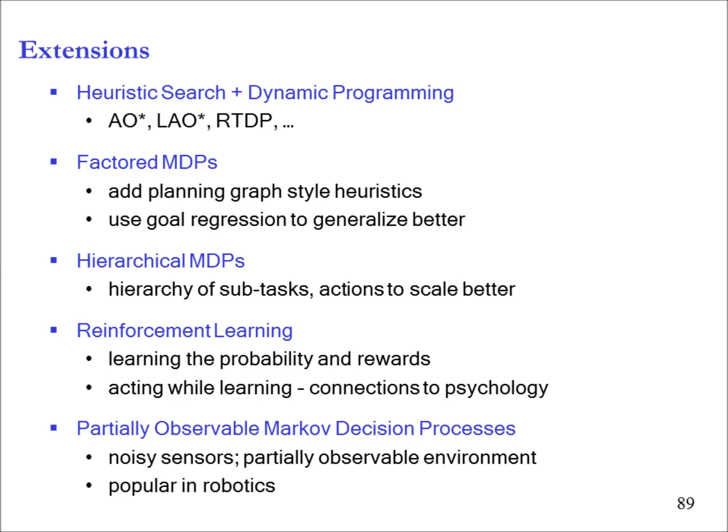Another idea is hierarchical MDPs. So suppose I want to go from here to, say, Washington DC, where I was last week. I don't really go through all states and think about all the actions I can do. I know the structure of the policy. The policy is, first I'm going to go from my home to the airport. Then I'm going to go from the airport gate to the, say, internal gate. Then my airplane will take me to Washington DC. Then I'll go from the airport to the hotel, whatever.